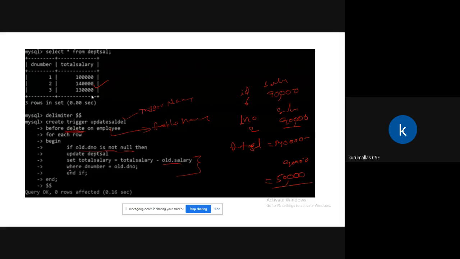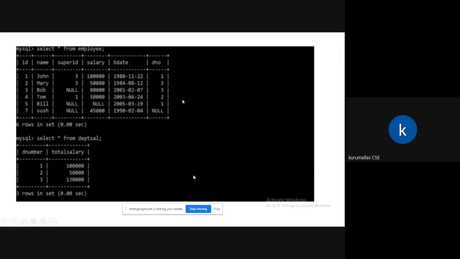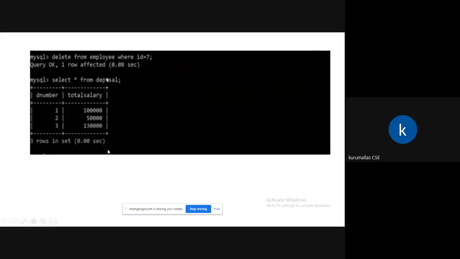This is where dnum equal to old.dnum. If these two are true, then we deduct the old salary from the total salary. This is 50,000, the output. If you select * from department salary, we get 50,000.